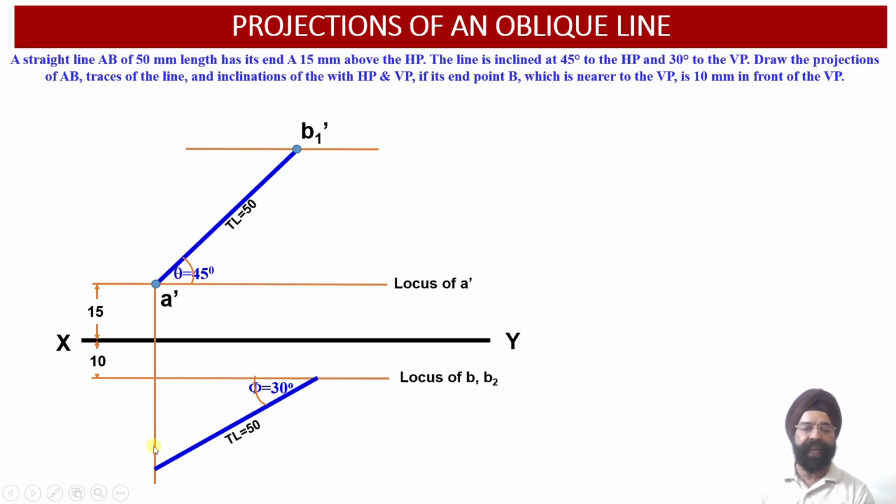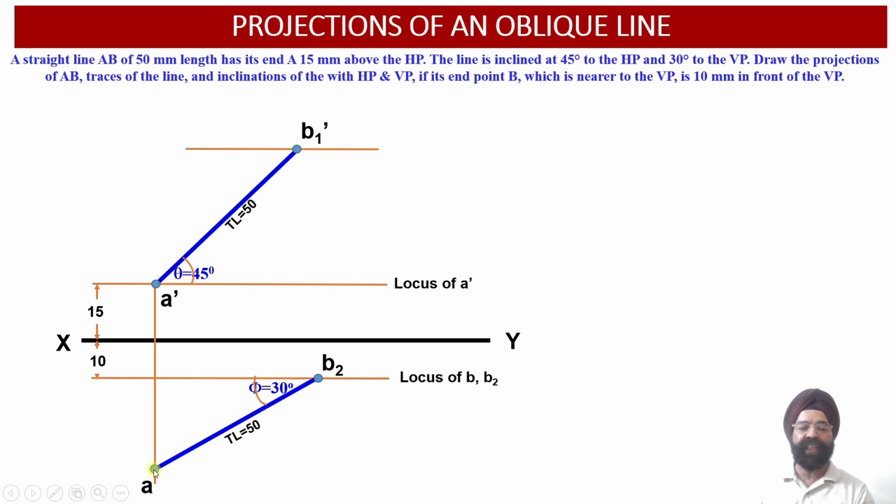Point A will be lying over here, point B2 will be lying over here, and this true length, that is 50 millimeter, and the angle of inclination of this true length, that is phi, with respect to VP has to be 30 degree. So these two points we have now been able to mark appropriately in the top view projections over here. This point happens to be point A, and this point, the second end point of the true length, happens to be point B2 over here.